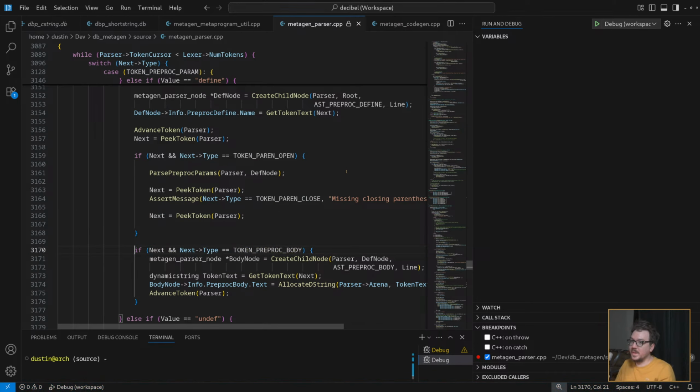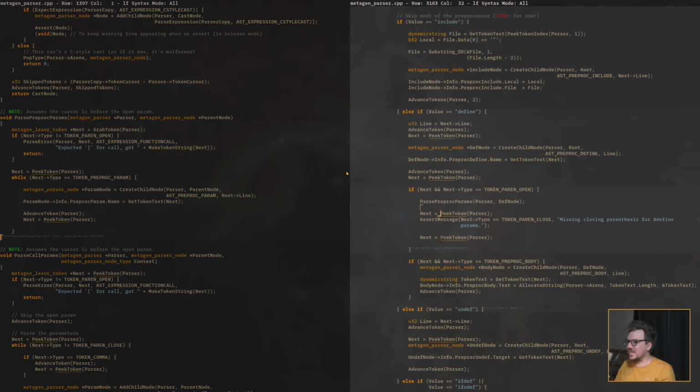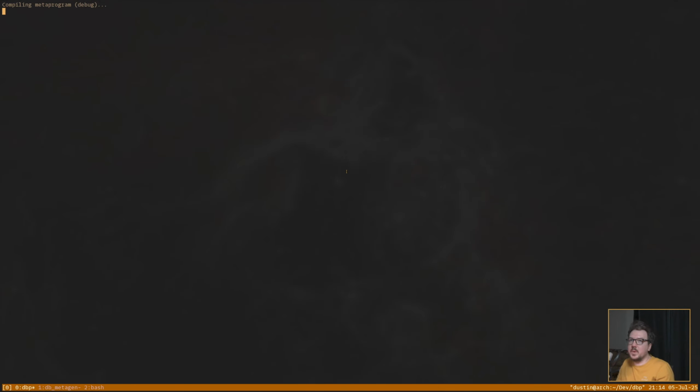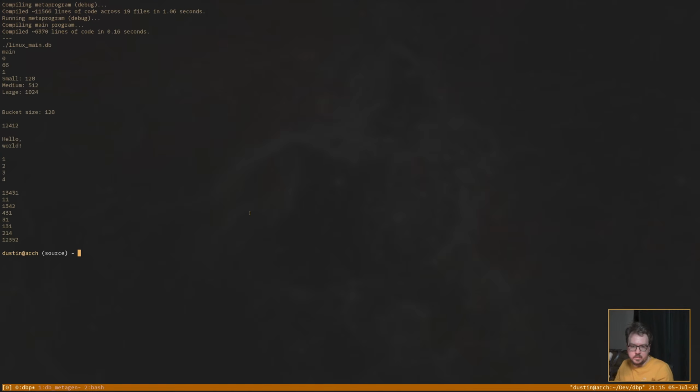Oh, then we need to skip it here. So let's grab it in this case. It's been a while since I looked at this parsing code. Okay, we're back to compiling, we're back to running, so great. Now we can parse preproc params with a single function call, which is great. That's what we wanted to do.